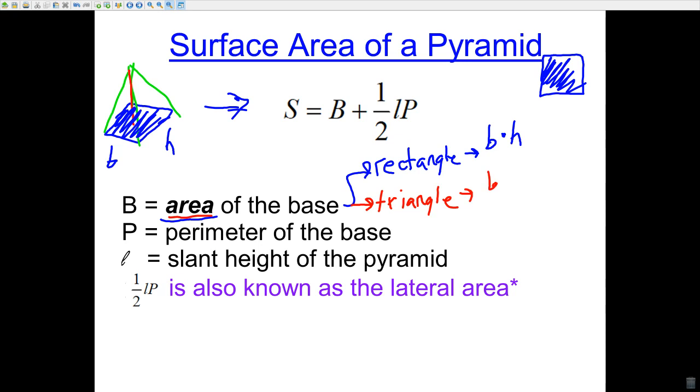And so if you want to find the area of a triangle, a triangular base, right? So if you had something like this, you're finding the area of this stuff. You need to do base times height divided by 2. The area of a triangle is base times height divided by 2, where the height is,